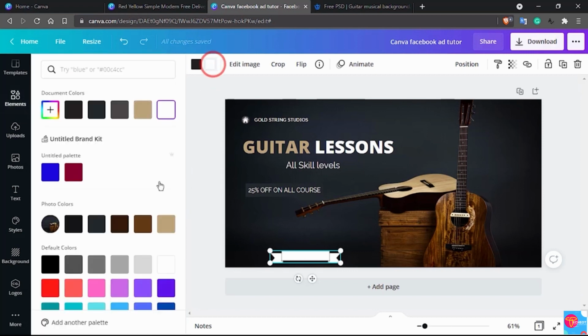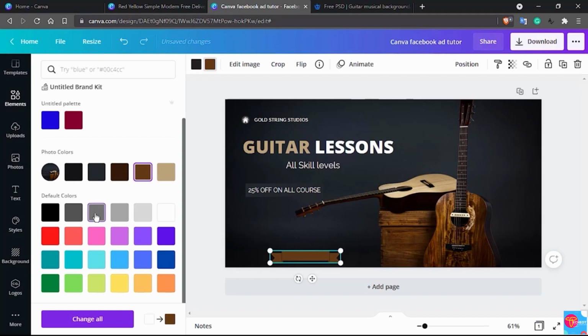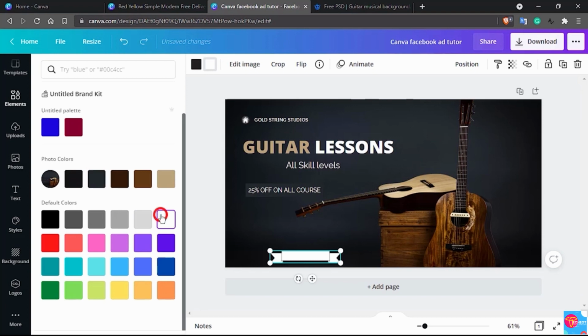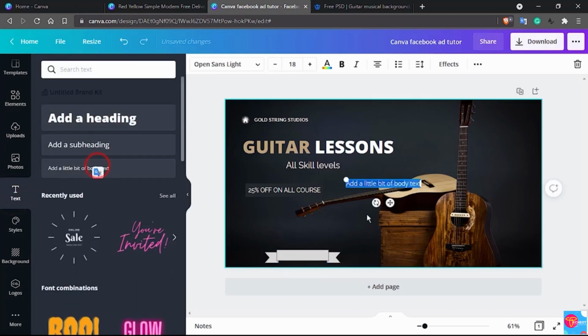And now we'll change this color to, let's see, a shade of white is fine, and we'll keep some text. Let's write here, book your seat now,